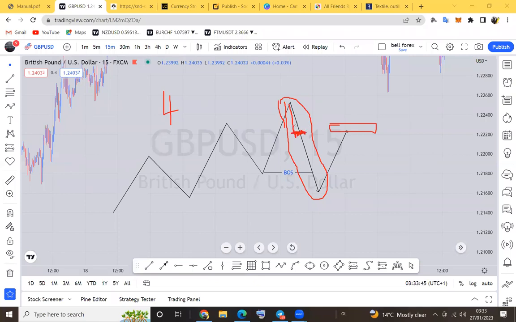And we saw that there's a point here where the institutions enter. My friends, this structure here will now become a point of interest to you, because you have identified it from the previous wave as a potential zone where the market can retrace to. Are you getting me? Yeah, listen attentively. Now that you have gotten the point of interest and the market is retracing to that structure, we are done